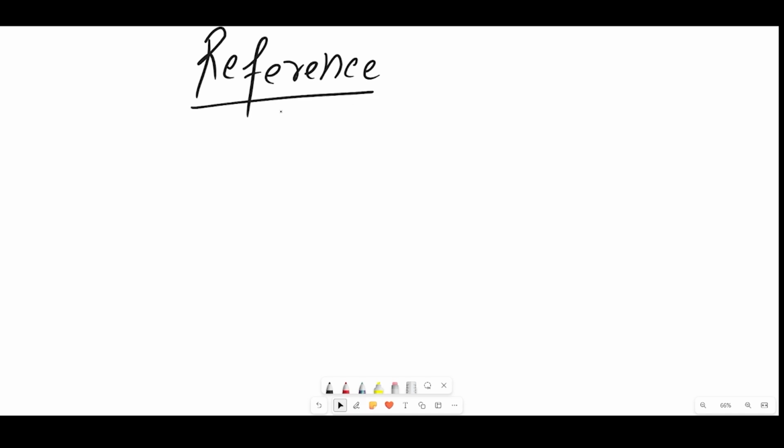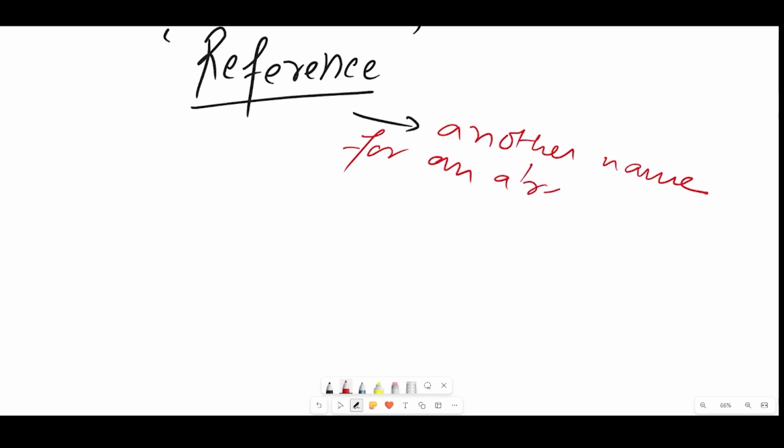Welcome back. In the previous session, we did pointers and we understood how pointers work. Moreover, we have seen the implementation of pointers with a program. Today, we are doing the next topic, which is reference. Now, I will recommend that if you have not watched the lesson on pointers, do watch it, because without that, you will not understand what this reference means. So talking about reference, the concept is very simple. You just have to understand that reference is simply another name for an already existing variable.